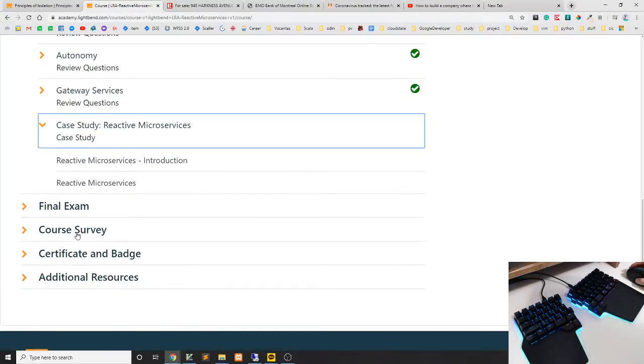Then tomorrow I would start the final exam, and that will take a little bit of time. The plan for tomorrow would be to finish this lecture and then go to the next one, which is